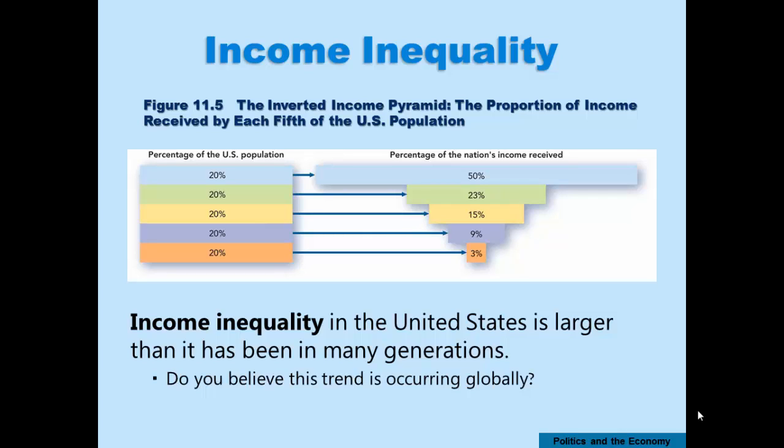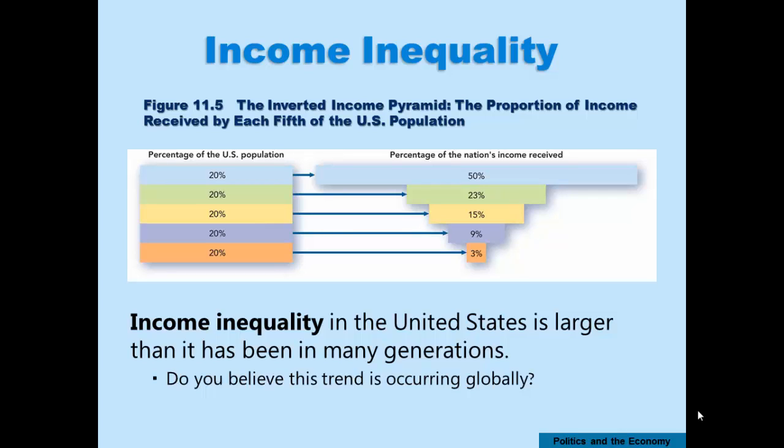Here's another graphic that demonstrates something about income inequality in the United States. It's larger than it's been in many generations, and where you see the top 20% of the population has 50% of the nation's income. Now, this is income. This is not wealth. Remember, income and wealth, and we're going to talk about this, I think, next week, but income and wealth are two very different things, and you're going to see other figures that are even more dramatic about the top percentage of